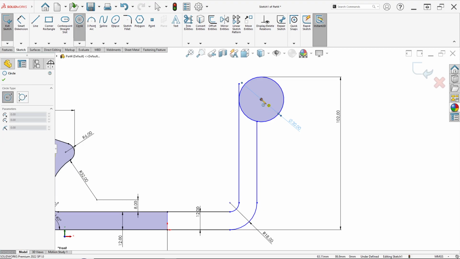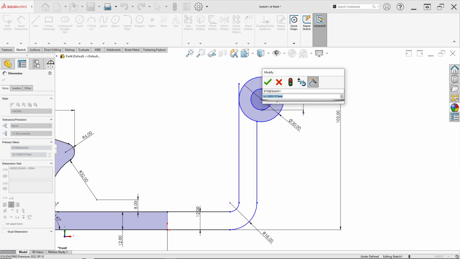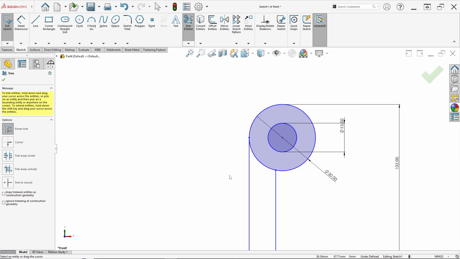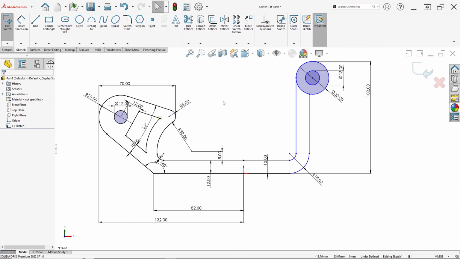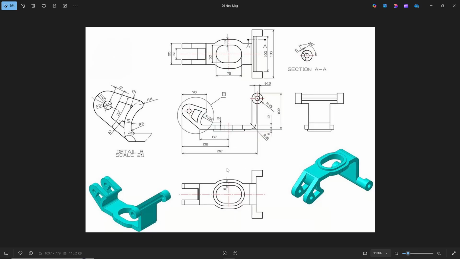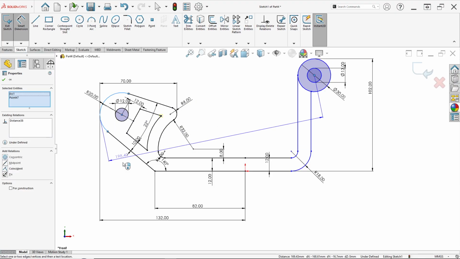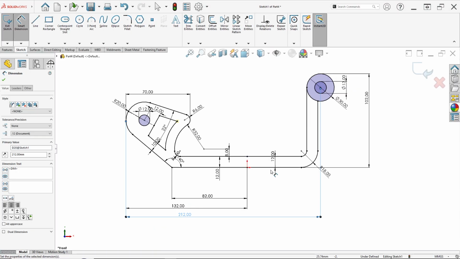And draw a circle again here, diameter 13 millimeter, like this. Now we can trim entities for this line. Okay, and this line. Click OK. So we can set the distance here. This center to this line has a distance of 212. So set the dimension. This center, press Shift on your keyboard, click this, 212 millimeter, like this.